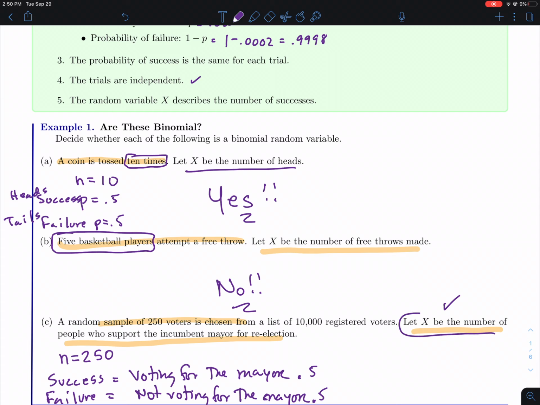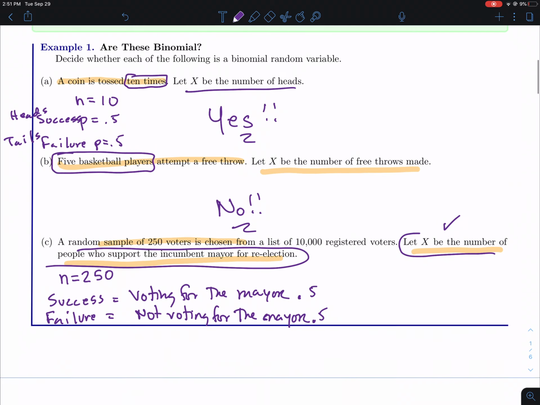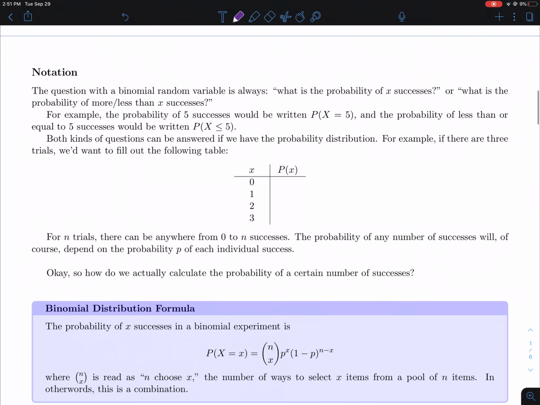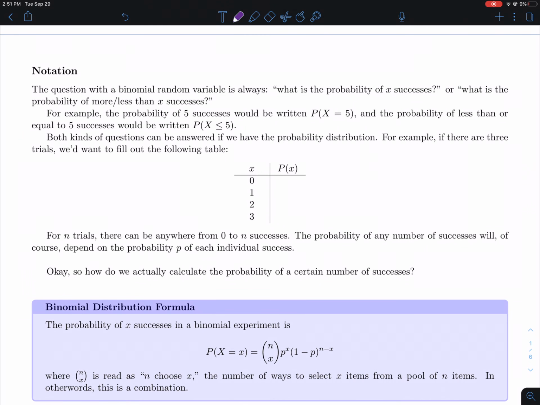So again, that's this part of the problem here, which does tell us that it's the number of people who support the incumbent mayor for election. All right, so very good. That is perfect. So let's get into some of the notation involving these probability distribution functions and the